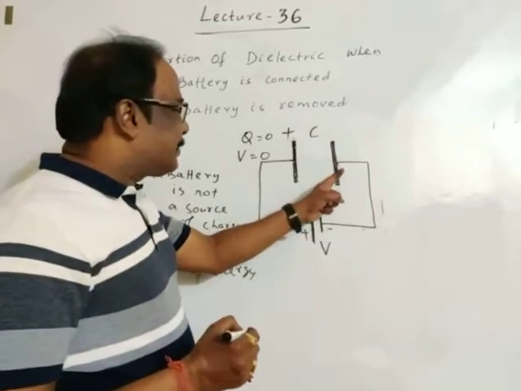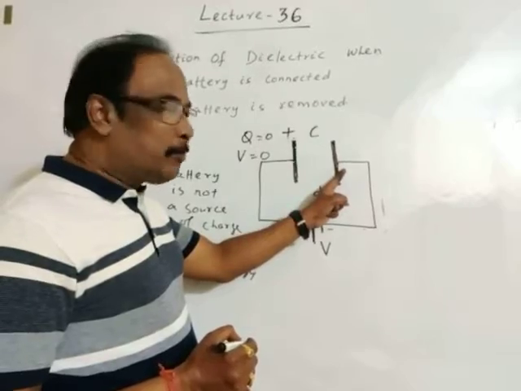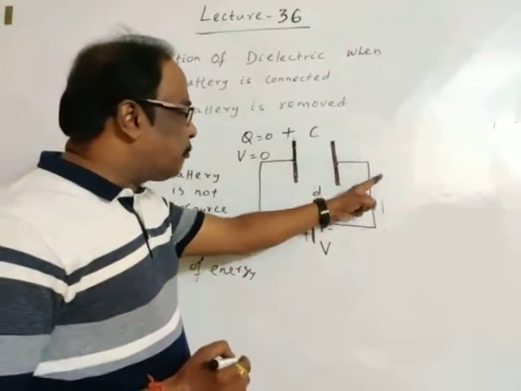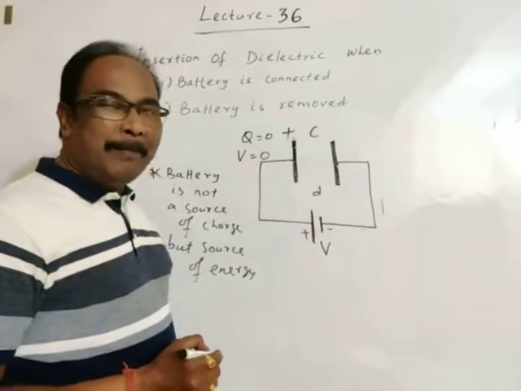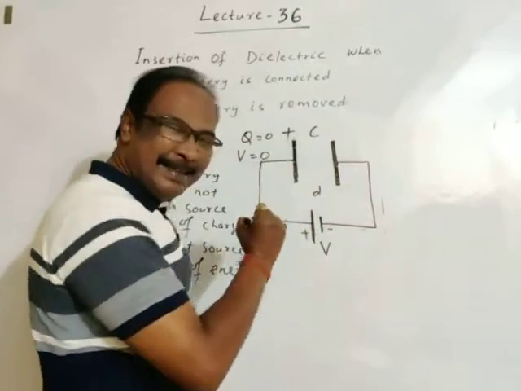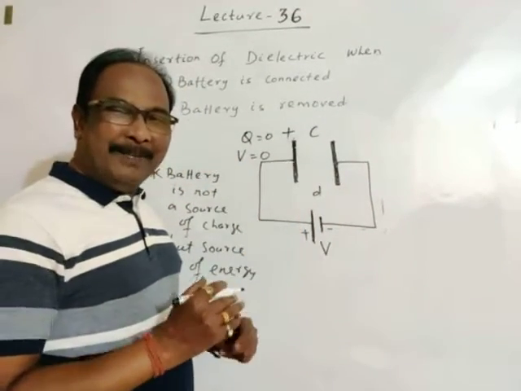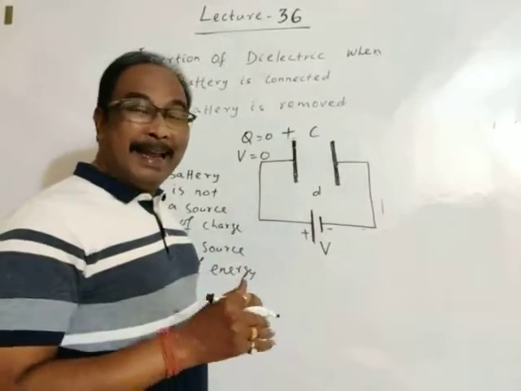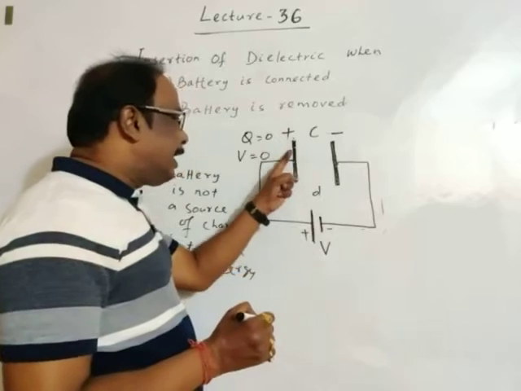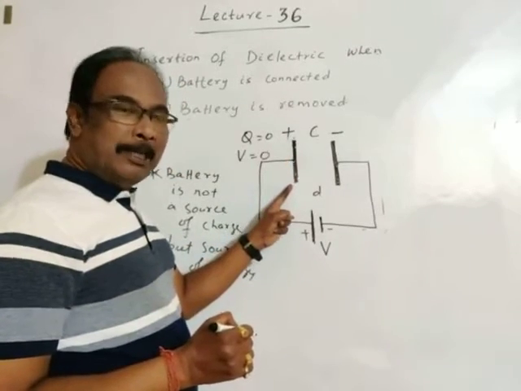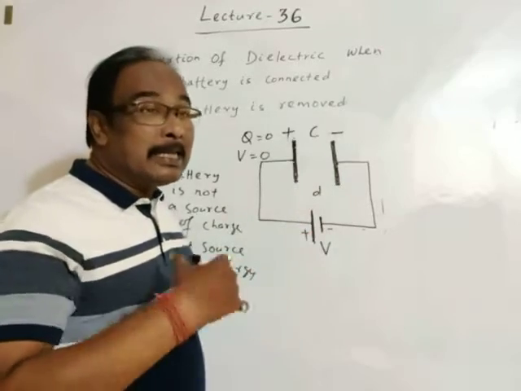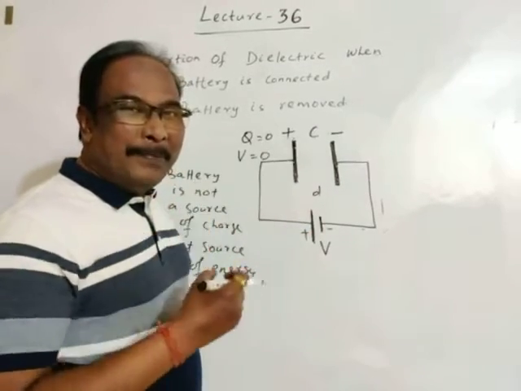This is also an uncharged plate, connected to the negative terminal. When it is connected to the negative terminal, electrons will move to the plate, so it will have negative potential and negative charge. Due to positive charge, one plate will have positive potential; due to negative charge, the other plate will have negative potential. Thus, what's the role of the battery?